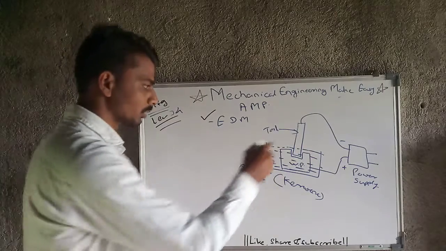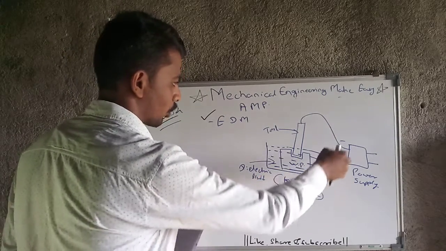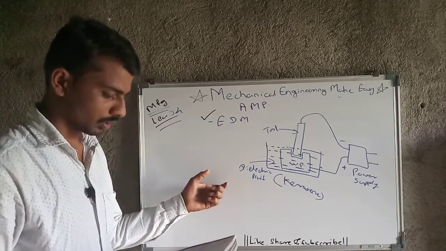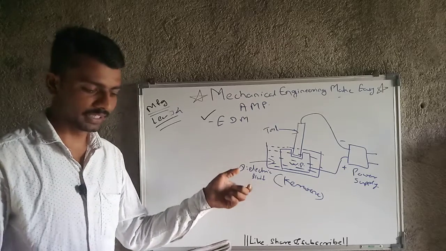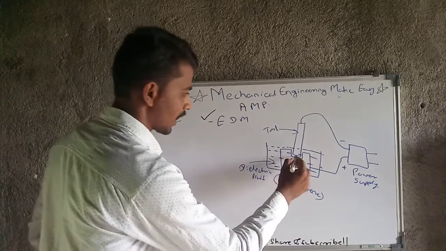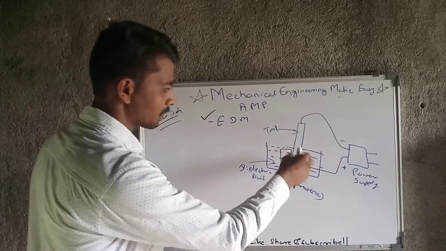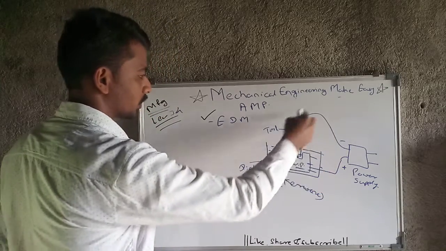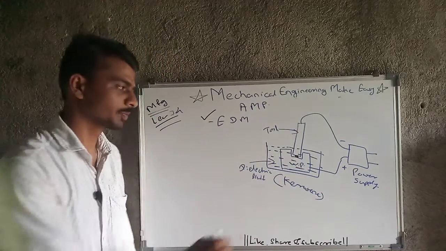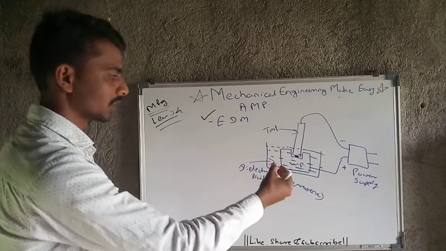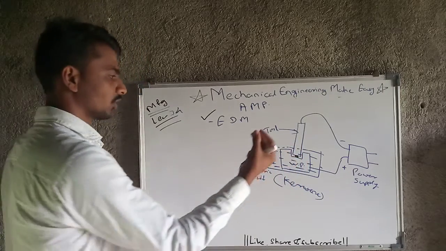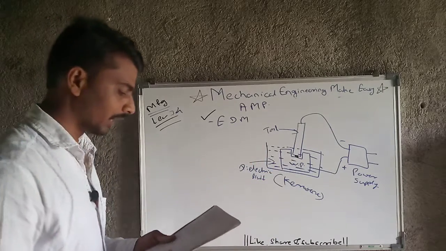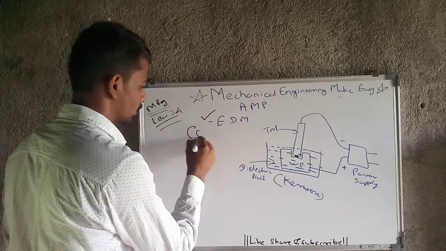Because of this, the power supply here the positive and here the negative, and because of dielectric fluid, that energy will be released because of spark. Here the spark will happen in this gap, as there is dielectric fluid in that gap, and the workpiece has been given positive supply and tool has been given the negative supply. Ultimately spark will be generated, and because of that spark the energy will be liberated, and because of that energy liberation the machining process will happen, and that machining process happens because of spark erosion.